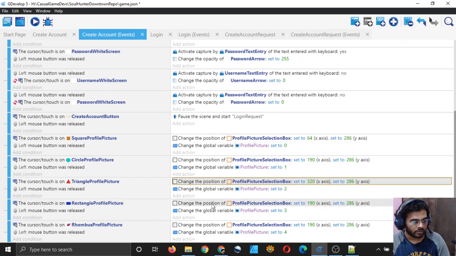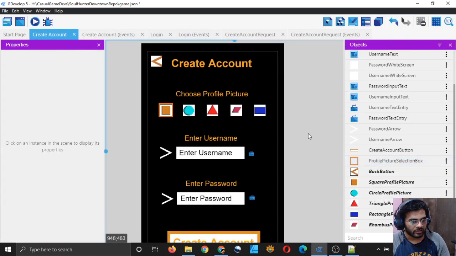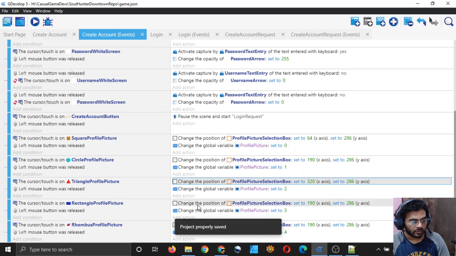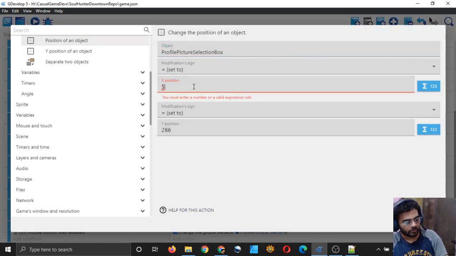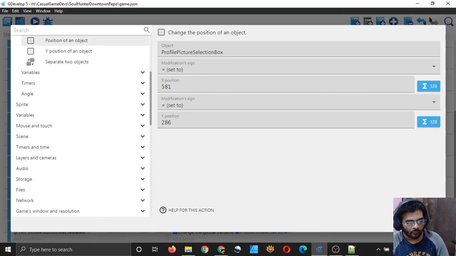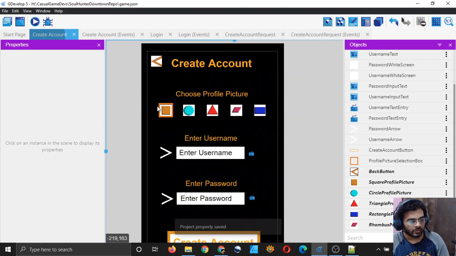And now I will simply go back to my scene and see where the rectangle is at. It's at 589. So if I subtract 8 from 589, I will get 581, right? So let me plug 581 in the x position for the rectangle, and the rhombus is at 459.